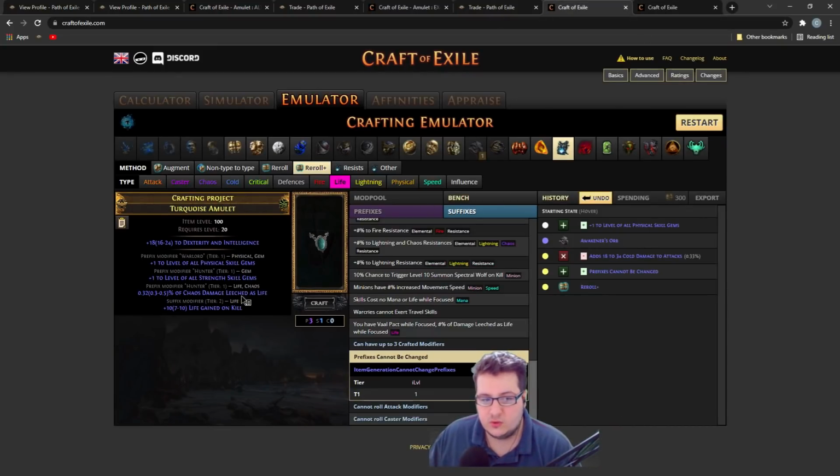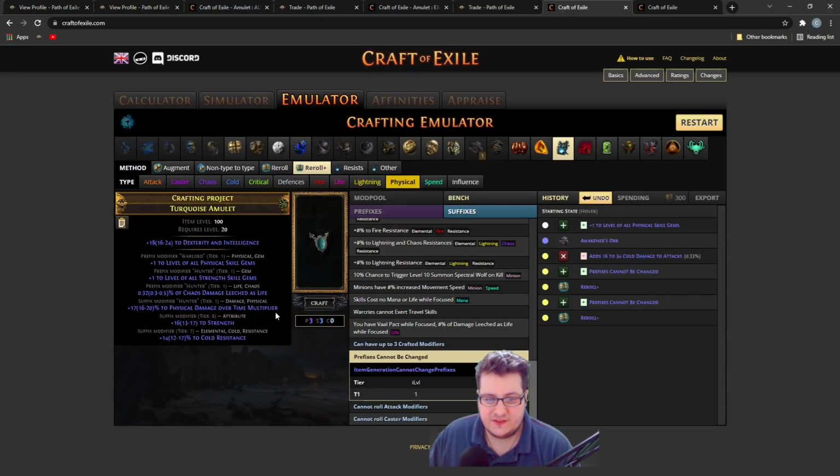So what we do in the game here, you just craft prefix cannot be changed, and you reforge physical, and you have 50-50 of getting T1 or T2 Fizz multi, which is a more multiplier to your build. It's a really good mod. If you want to get more good suffixes, you're gonna like this,